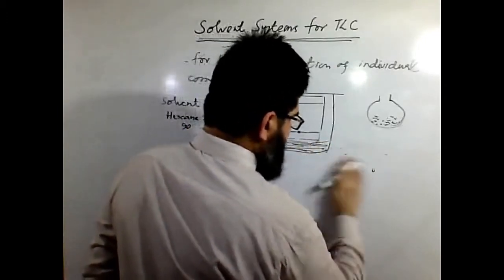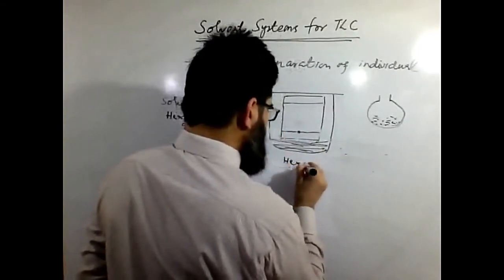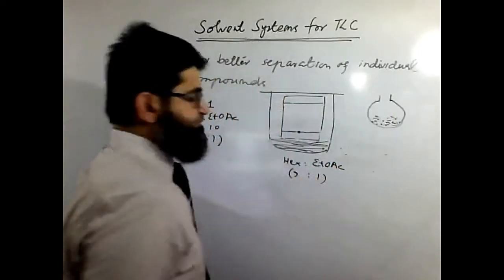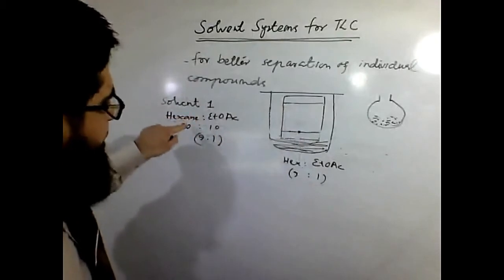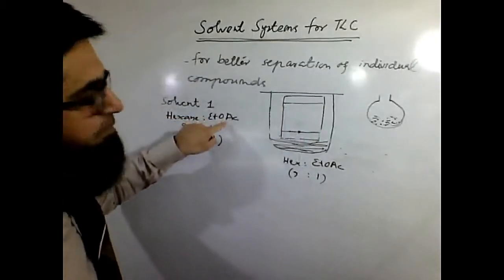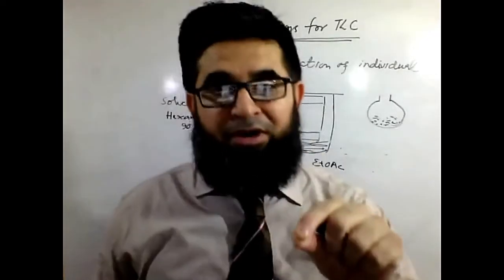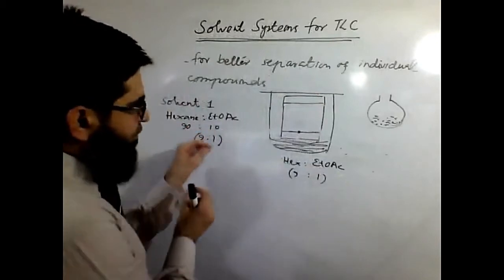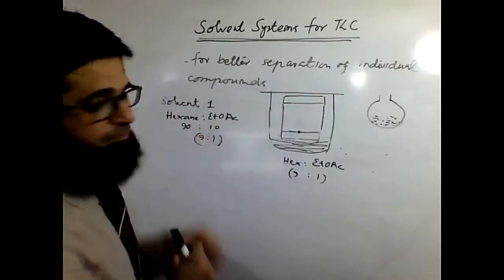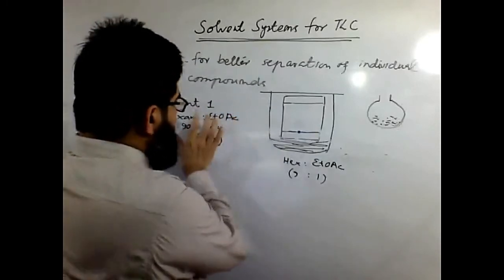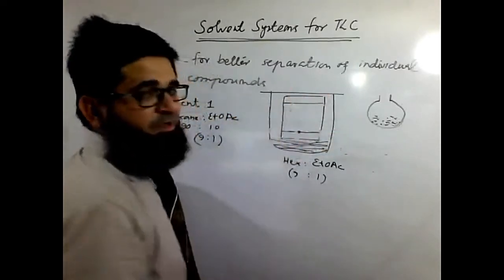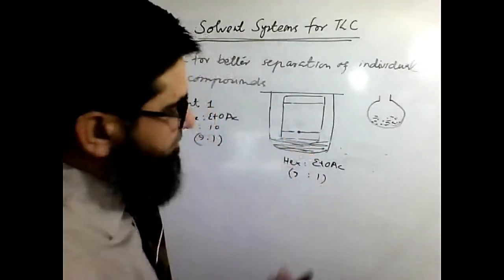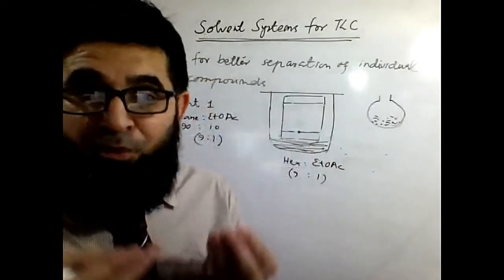Now our system is hexane ethyl acetate 9:1 ratio. We have taken hexane and put in little bit polar solvent. Why? Because now this solvent system has become a bit polar due to the presence of this polar part. When this system which is 9:1 will move through, now it is relatively a bit polar solvent.